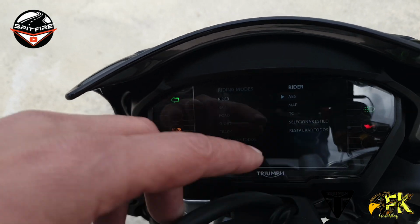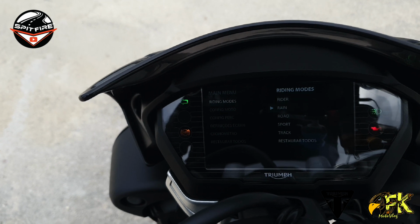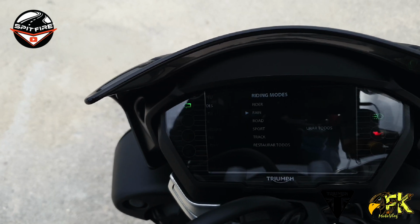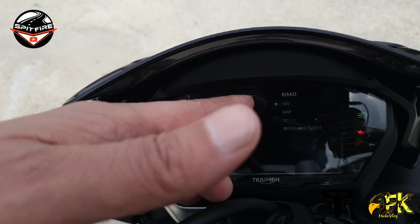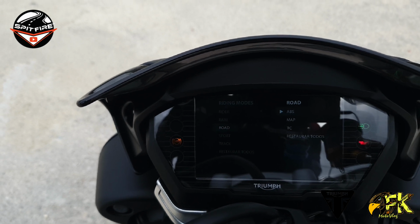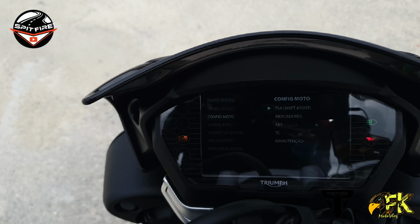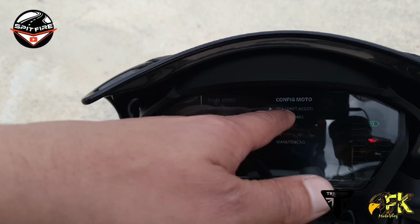You can take off the traction controls. On the others, for instance, I go rain, you can see I have less information that I can change. If I go to the road, okay, the same information as in rain, so I can adjust everything I want in every riding mode. Let me go back, okay, config moto, okay, TSA shift assistant, this in this case is the quick